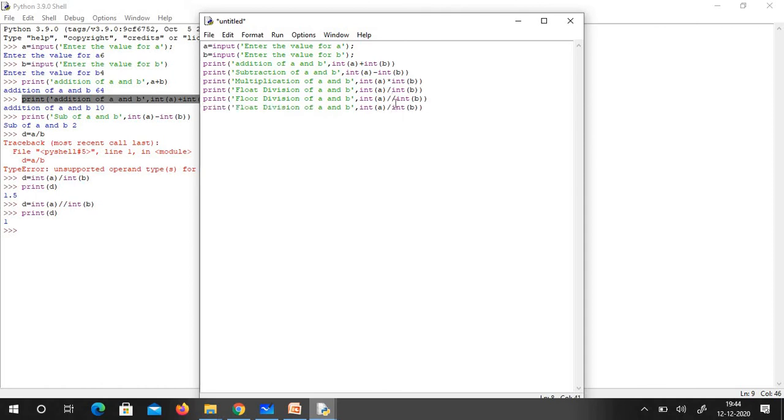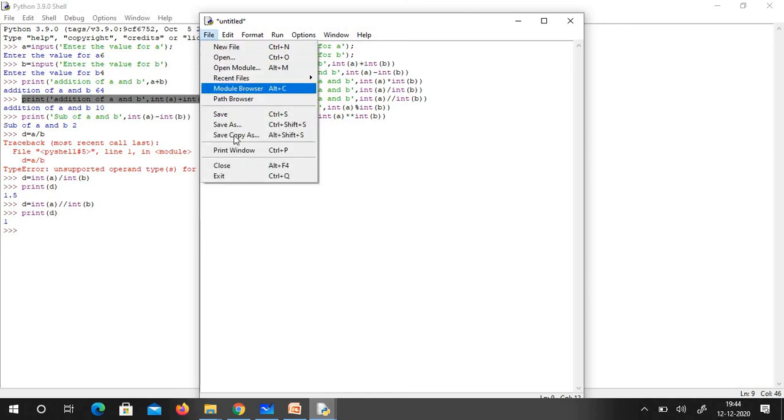And then the modulus operator, so this is the modulus of A and B, and then power. Power means you have to just use double star. So this is power of A and B. This is my program.